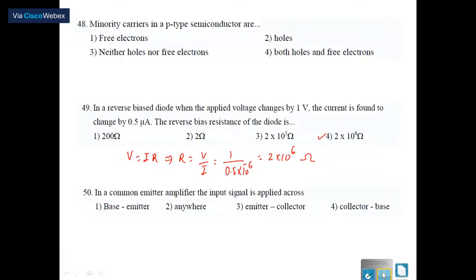fourth one. In a common emitter amplifier, the input signal is applied across, well, always the input signal, that will be applied across the base emitter junction, that's the input region. Okay, this is the input region, base emitter junction. Anywhere not true, emitter collector is not true, collector base is also not true. This is the output region. Well, the next one,